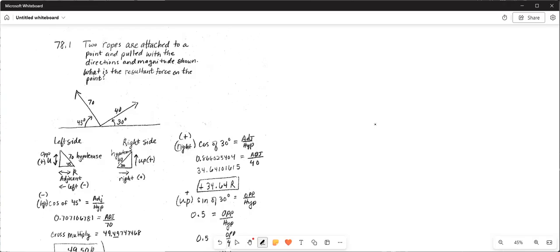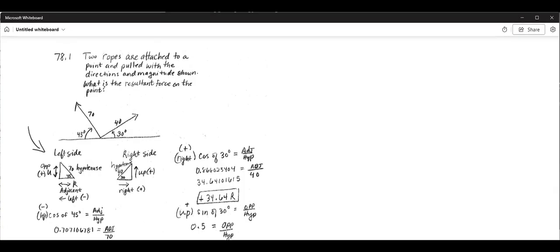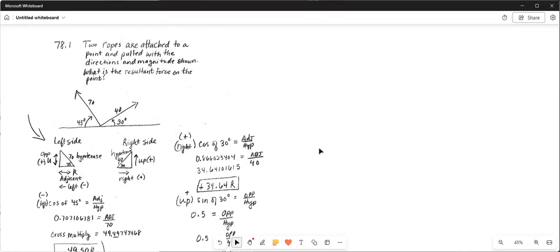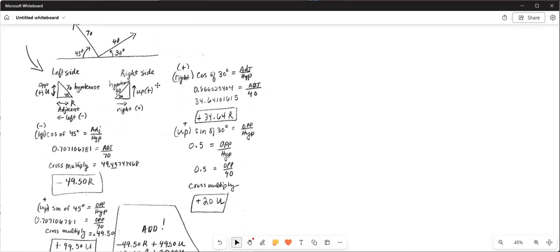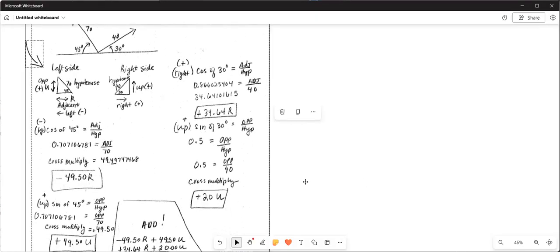problem. So on the left side, we've got a triangle that has a hypotenuse of 70, has the acute angle is 45 degrees. On the right side, we have a hypotenuse of 40 and the acute angle is 30 degrees. So we're going to go ahead and work this problem just like we've done before. I've gone ahead and worked it to kind of save time so you guys don't have to sit there and watch me doing all